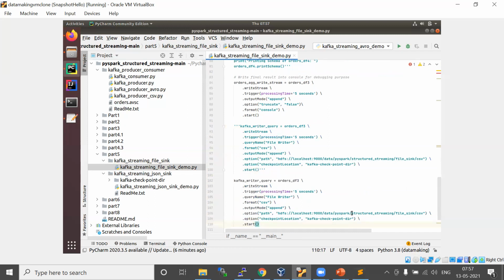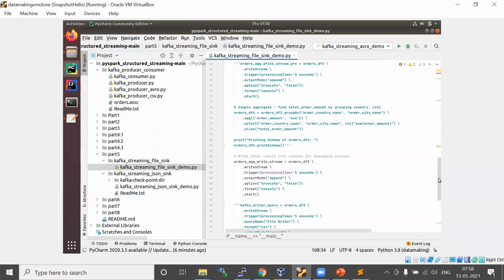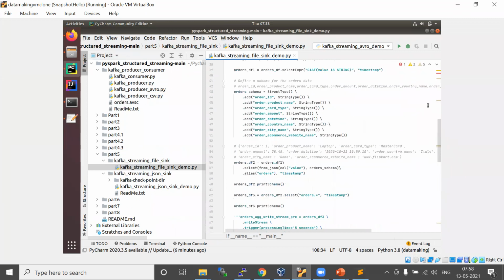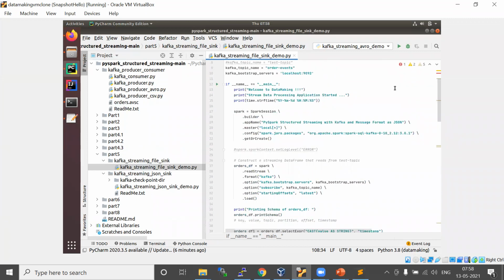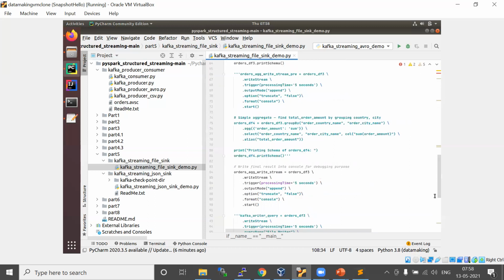I'll write it here only, in the same directory. The initial thing, everything is the same. I'm trying to consume from the order events Kafka topic and I parse the message.